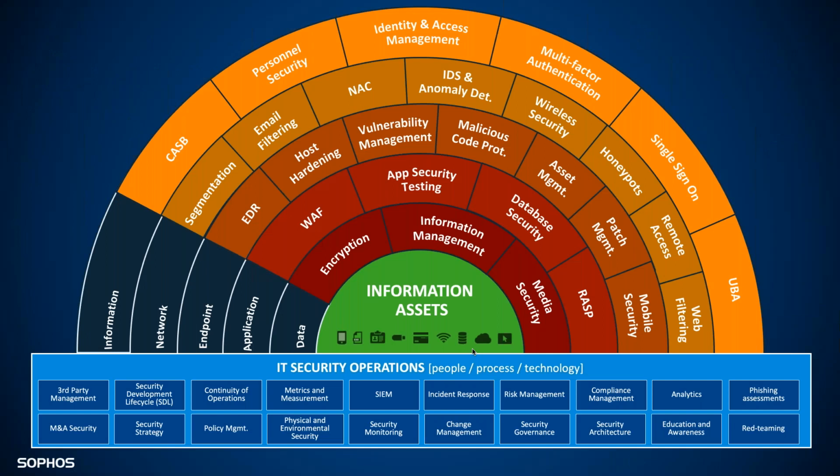All right, so still talking about security here, and this is a bit of an eye chart, but I'll leave it up here for a few seconds while we talk about it. When we start talking about the different layers, we have our information and assets down in the green at the bottom. And as we layer on top, these are the different methods we can use at the data layer. At the data layer, we can start encrypting all of the data. At the application layer, making sure we have our web application firewall, database security, application testing,